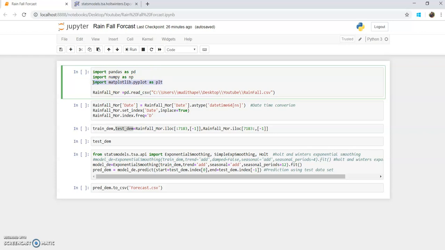Now here I created rainfall Moorabbin as a dataset, and here you can see pd.read_csv. This function you can use to read the CSV file. My CSV file is in the YouTube folder on my desktop, and it will read and import the data into this dataset. Okay, let's run this one,